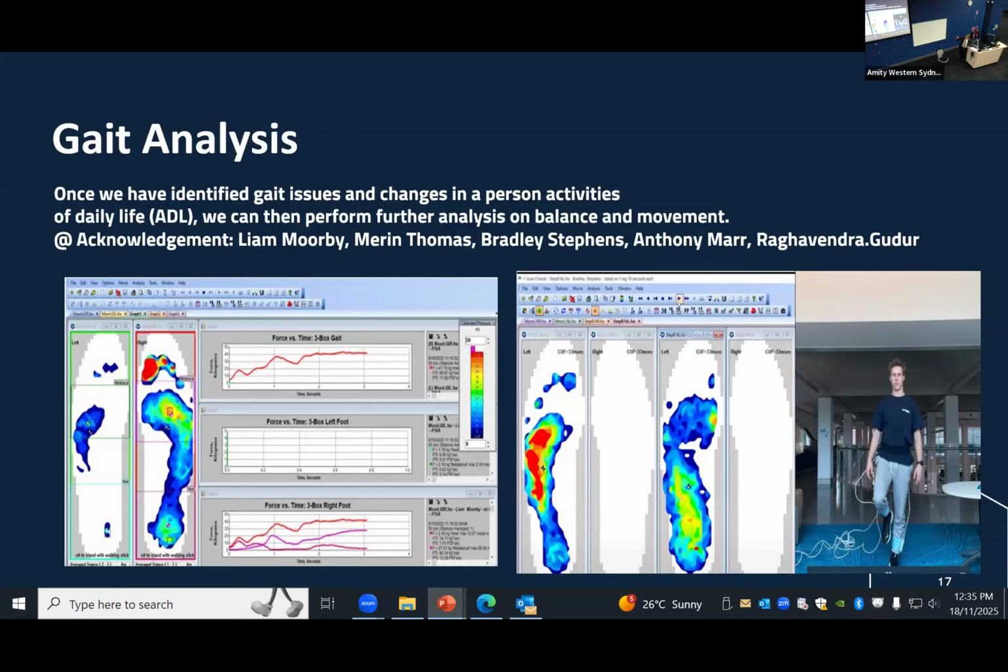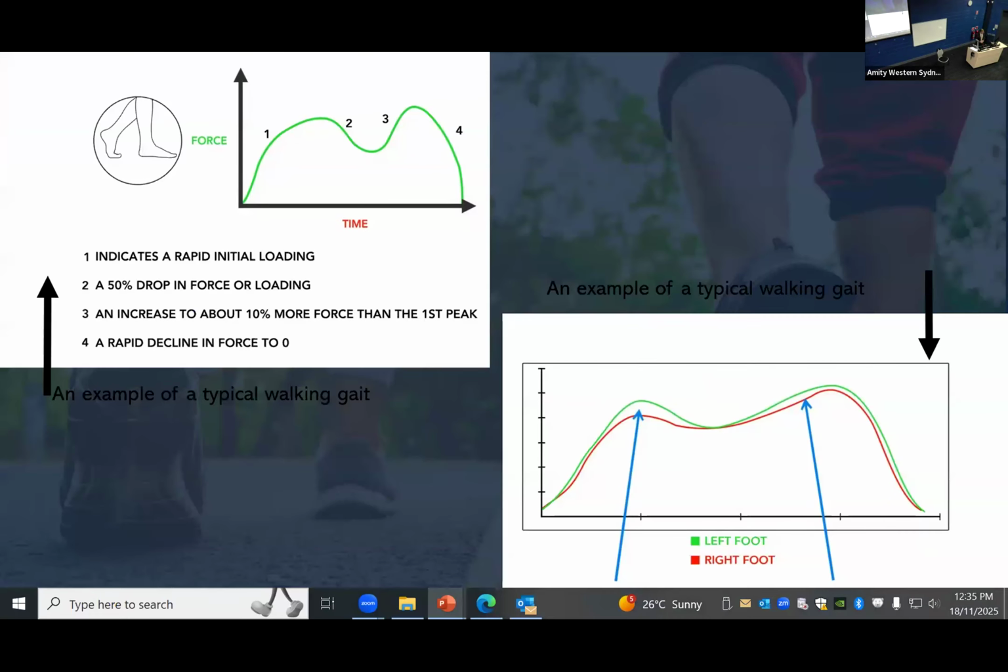And here it is, the pressure points. If any of you have diabetes, you have probably done this test with your GP or practitioner. If you haven't done it, it's a good idea to do it because you can see here the pressure points of the foot, left and right foot, on the person. And basically you can relate it to the balance of the person. And that's used very much for diabetics.